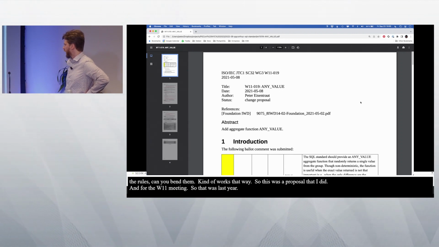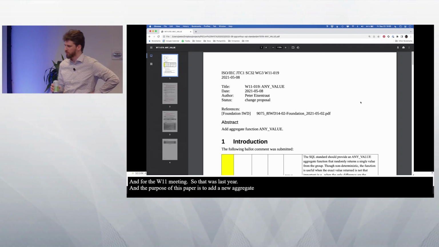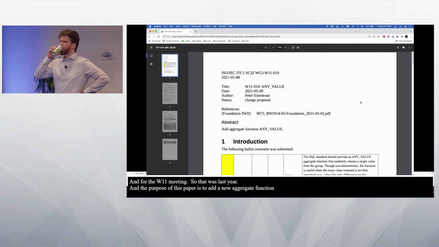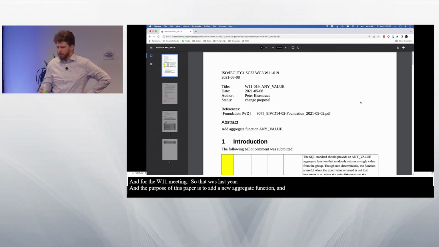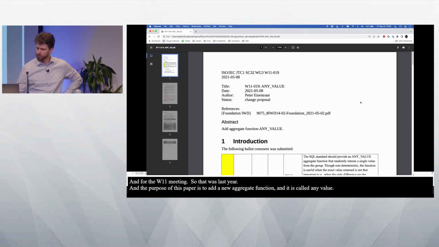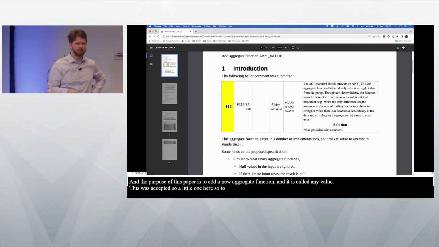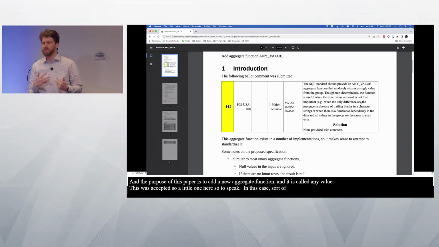The purpose of this paper is to add a new aggregate function to the SQL standard. The aggregate function is called AnyValue. So this was accepted. This is a live one here, so to speak. In this case, it was a different process. This wasn't my idea really, but